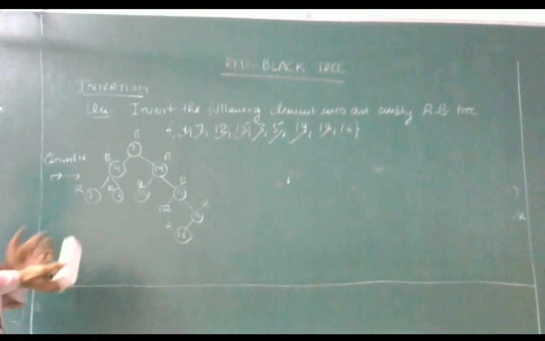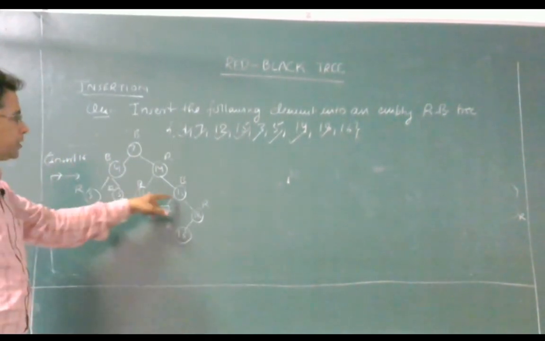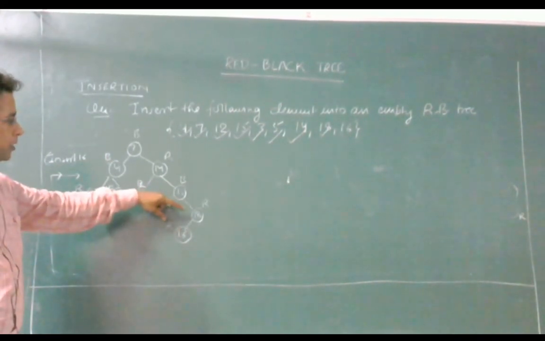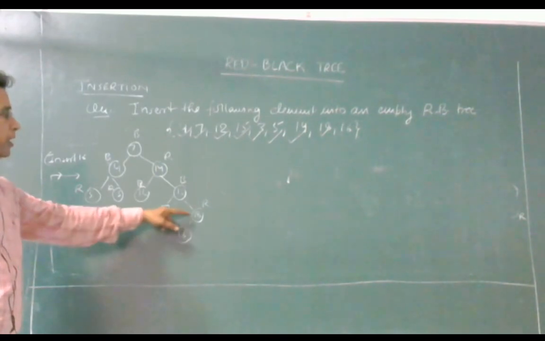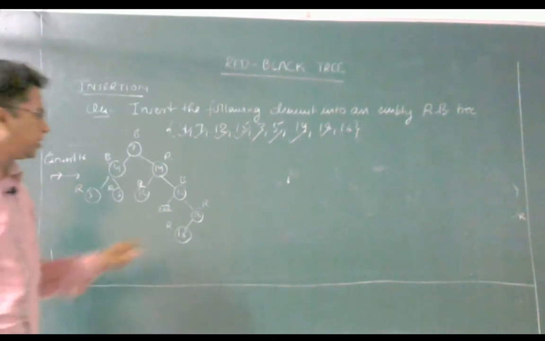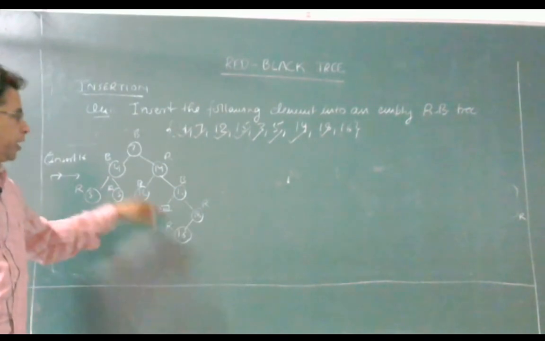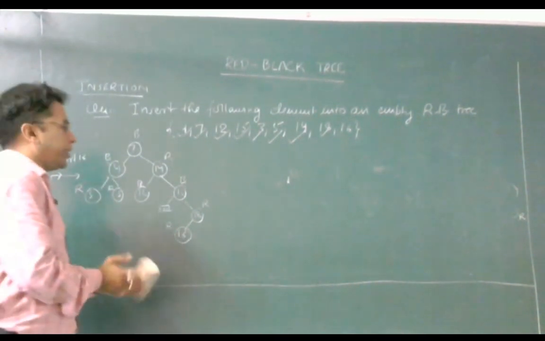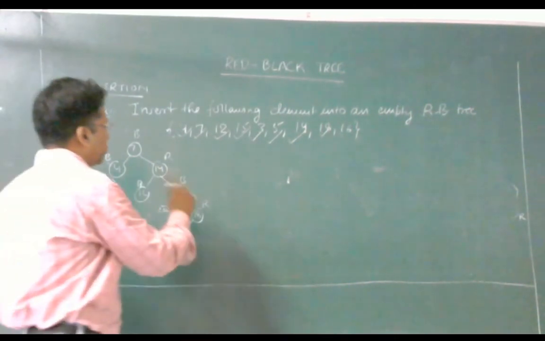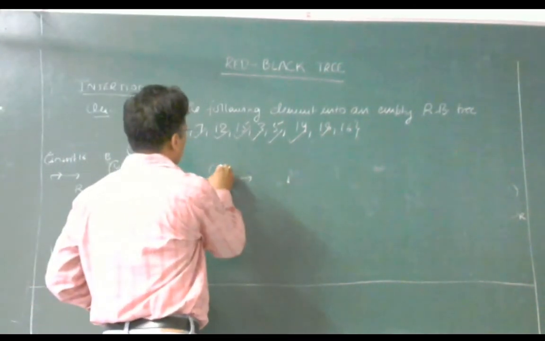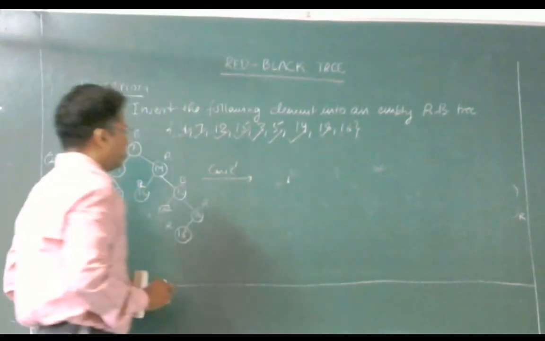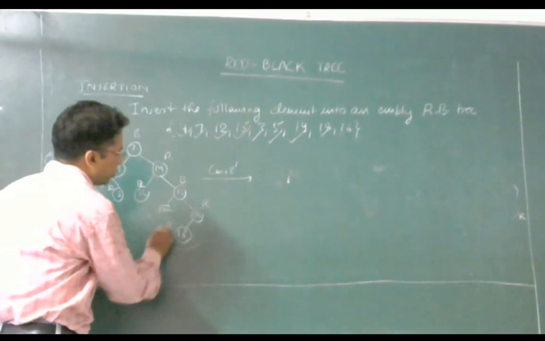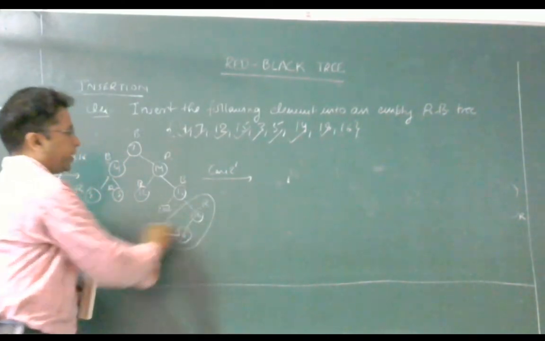So in this case, when the parent is the right child of grandparent and the newly inserted node is the left child, then what we do, we go for case 2. In case 2 dash, we do not perform any color change, we simply perform right rotation between parent and